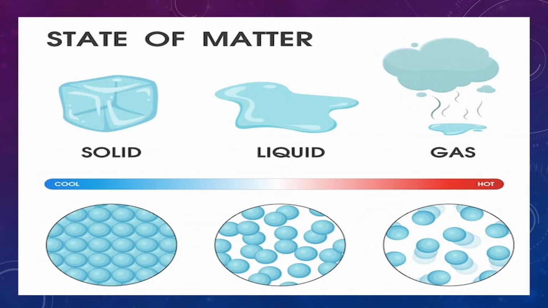You can see here in the picture, when we start heating the solid, the solid molecules start vibrating. They will start moving apart from each other, and a stage comes that they become so far apart that the intermolecular space increases so much that they turn to liquid. If we go on heating the liquid, again the liquid molecules start vibrating, going apart from each other. That is thermal expansion, and a stage comes when the molecules are so far apart from each other that the liquid will turn to gas molecules.